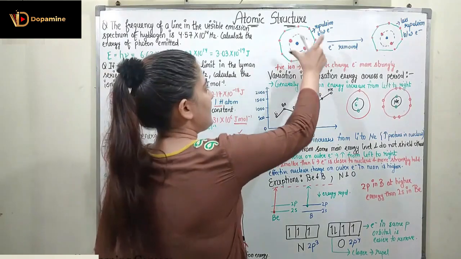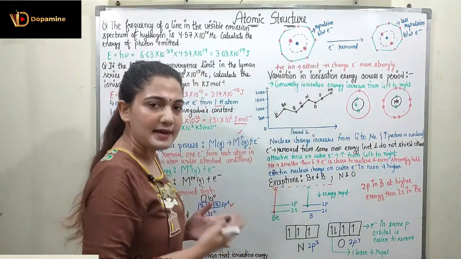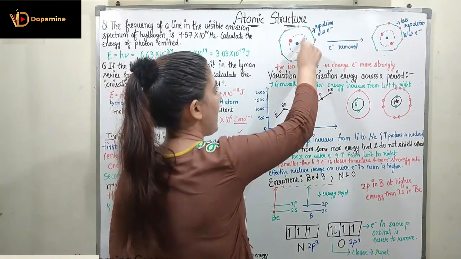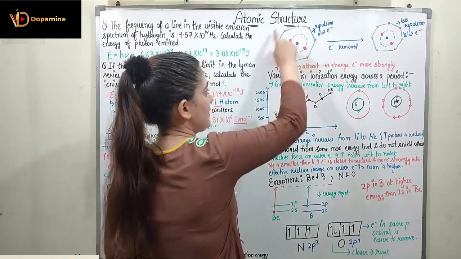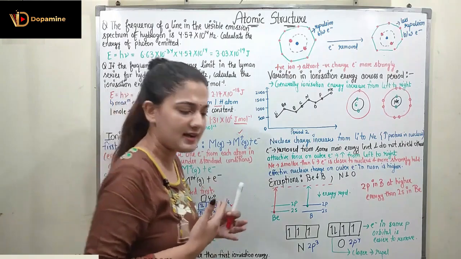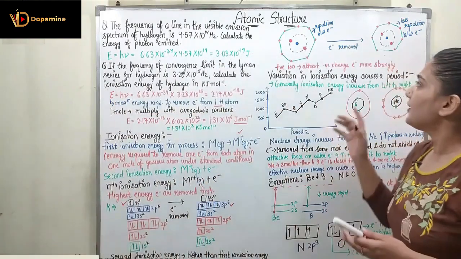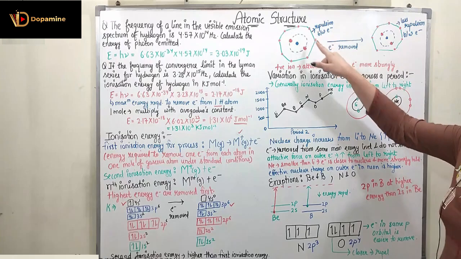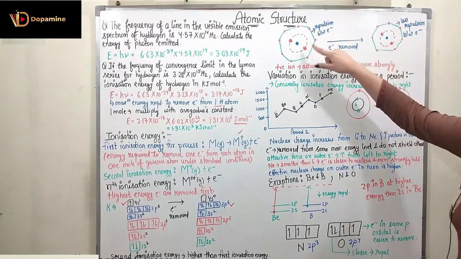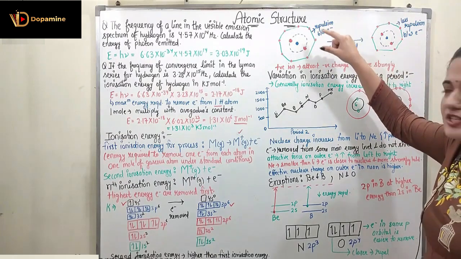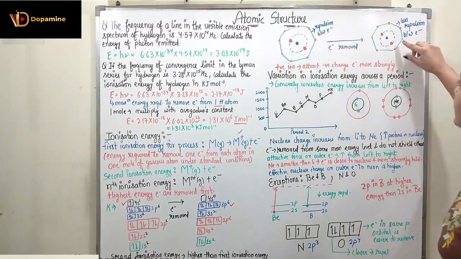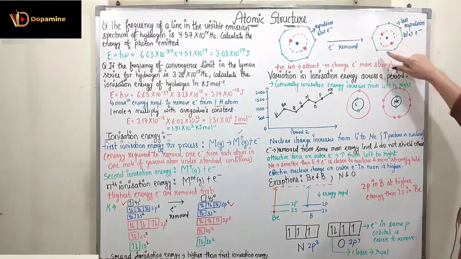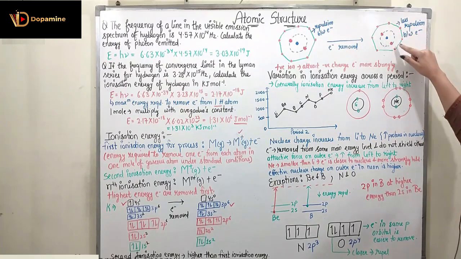So now this is any atom before any ionization. So here we have 2 electrons in this shell and 8 electrons in this shell, right? So we have made any arbitrary atom, right? So now when I remove any electron, what will be happening? The electron which is highest in energy is removed. So the electron in the outer shell is removed. So when this is removed, I will be having 7 electrons here and 2 electrons here, right?